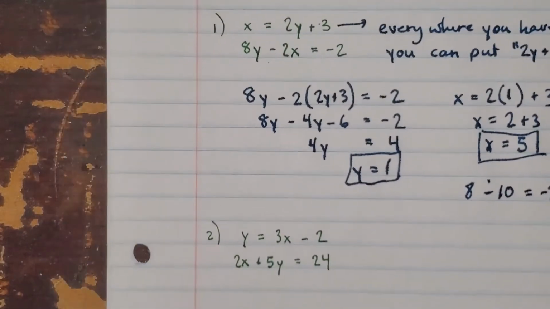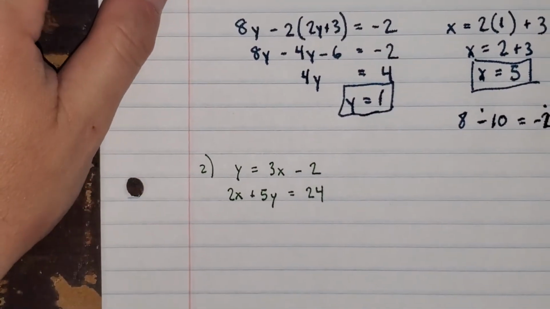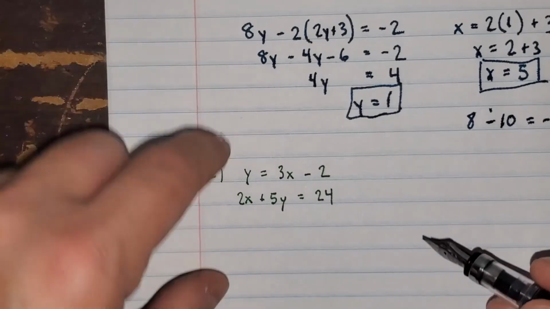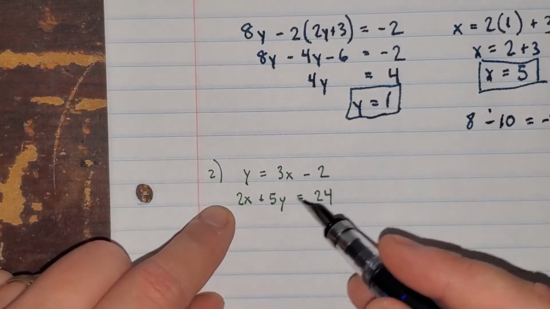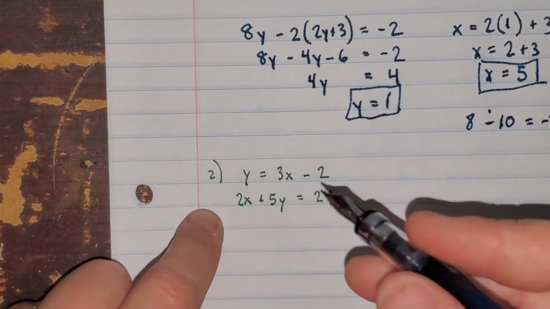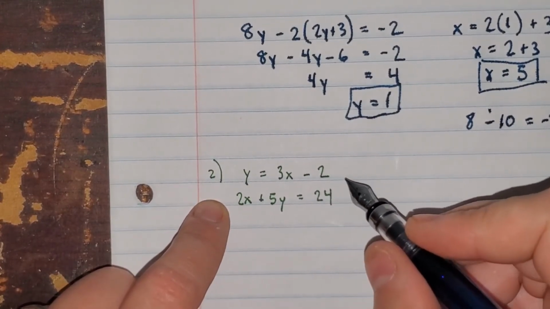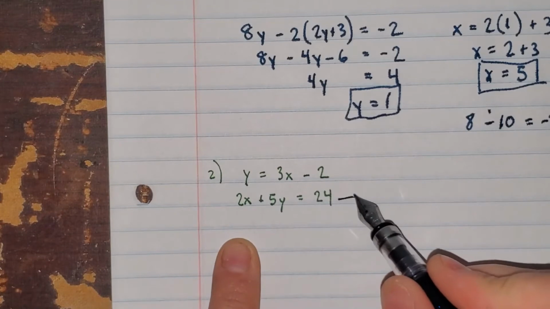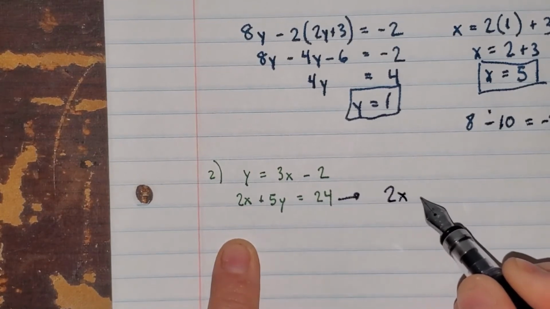Let's try another one. So, y equals 3x minus 2. 2x plus 5y equals 24. Cool. So, what are we going to do here? I am going to take this equation and go 2x plus